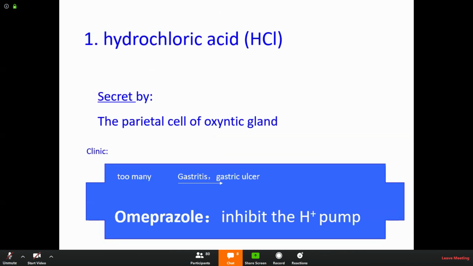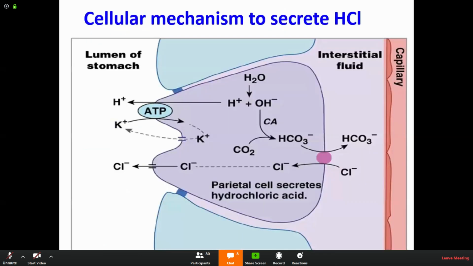So omeprazole inhibits the hydrogen pump. Okay, omeprazole inhibits the hydrogen pump, and it helps in prevention of gastric ulcer. Right? Now